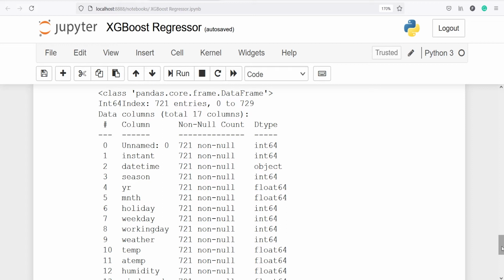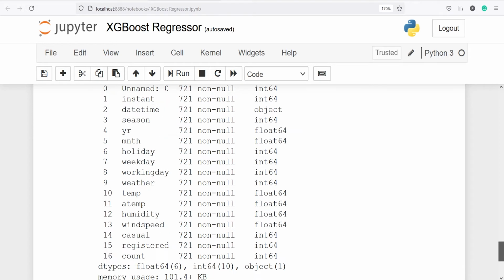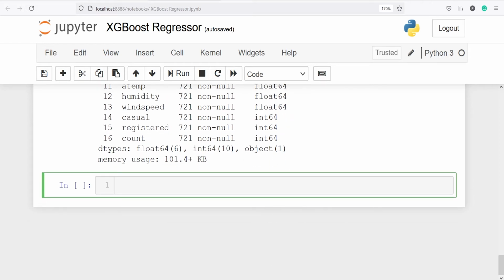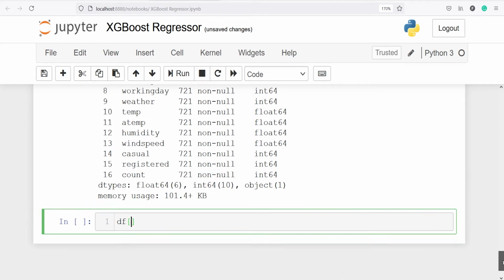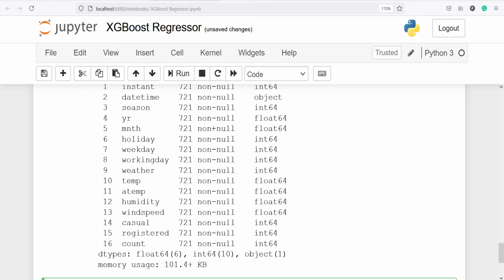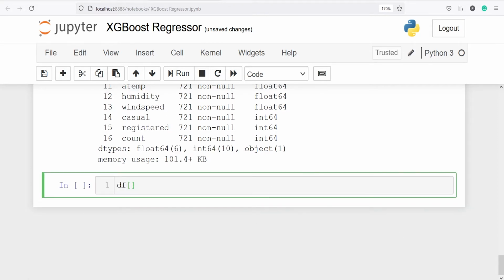Next we will convert the datetime column to datetime format. Here you can see that this datetime is not in the proper format, it is showing as object, and we need to convert this. So let's convert it. I will call our data frame df, and inside this I will put our column name, datetime, in single or double quotes.